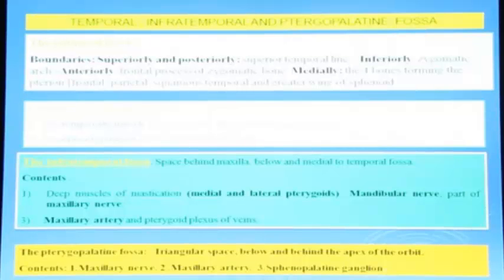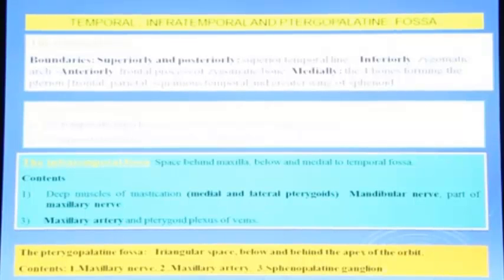The temporal fossa boundaries superiorly and posteriorly: the superior temporal line, it is the upper part superiorly and posteriorly. Inferiorly, we have the zygomatic arch, while anteriorly, we have the frontal process of the zygomatic bone. Medially, there are 4 bones forming the pterion, and all of you have to know the pterion, which I'll come to talk about a little bit,